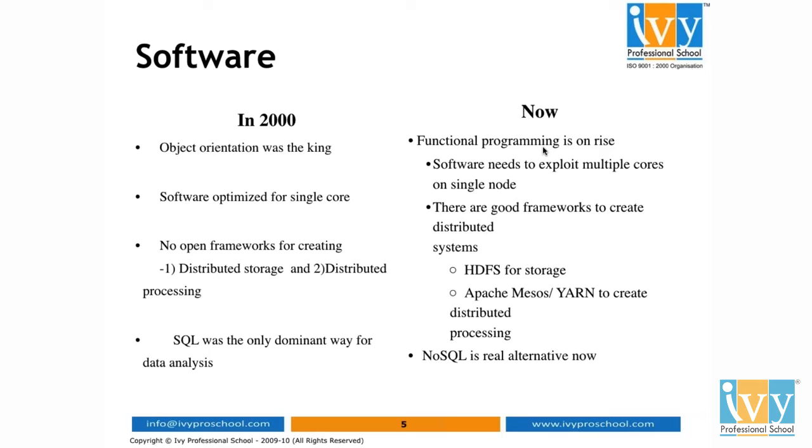So functional programming is nothing new. It has always been there. The difference between object-oriented and functional programming we have talked about. People have already talked about that: should we use object-oriented or functional programming? But now functional programming is on the rise because of the multi-core machines. Functional programming can be easily optimized for multi-core. Because we want to optimize for multiple cores, and we need to scale over a period of time, that's why functional programming is on the rise.